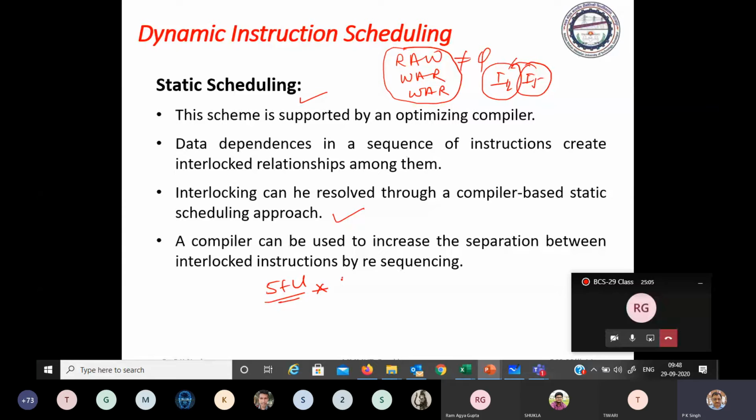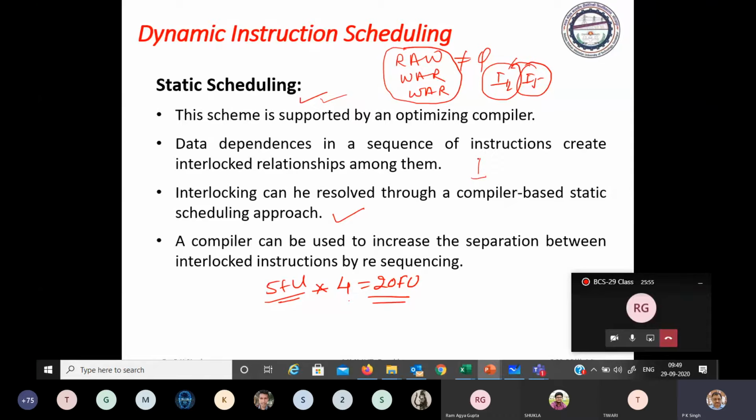It means if we have a quad core machine, there are 20 functional units. Now if you are implementing static scheduling, then it will become the duty of the compiler to schedule the instructions in such a way that we can maximize the use of these 20 functional units, which is impossible, because, if you see a program,